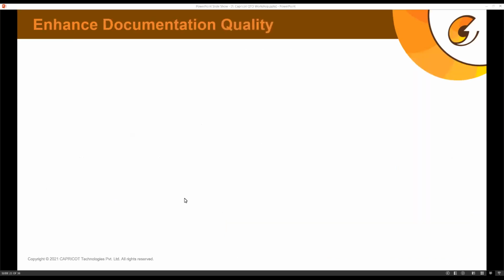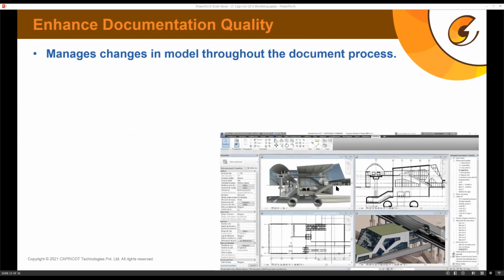Similarly, now talking about the 2D aspect of your model, it automatically enhances the documentation quality also. Like you're developing a 3D model, along with it, automatically plan view, section view are generated. Like in this image, it is shown that from the same project, a section, a 3D section, a plan, and a 3D view is generated.